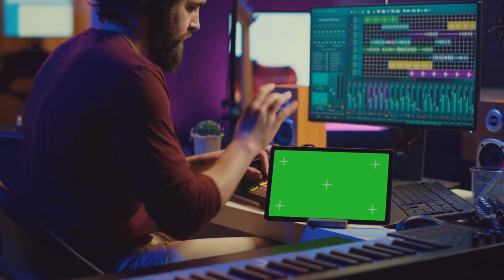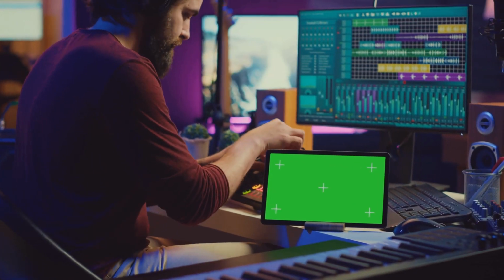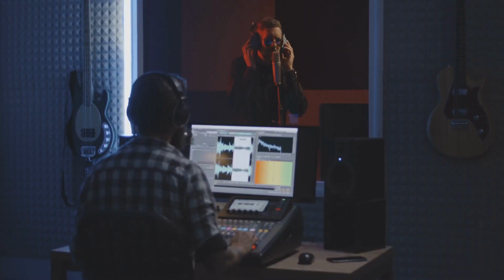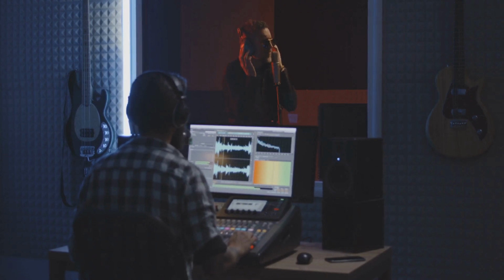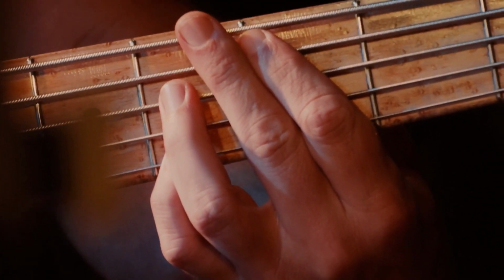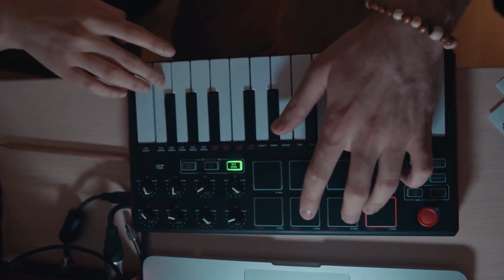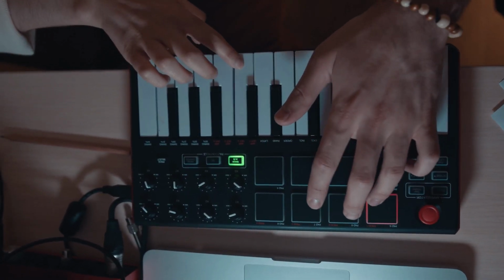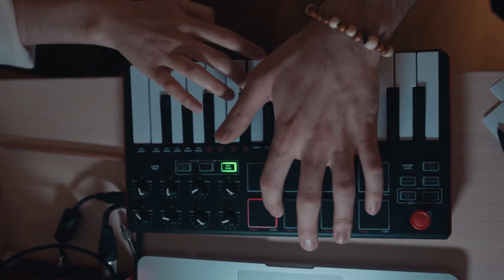Another effective technique is to gradually introduce or remove instruments. For example, as the verse builds towards the chorus, you might slowly add layers of synths or backing vocals, creating a sense of growing intensity. And don't underestimate the power of simple key changes. By shifting the tonal center of the music, even subtly, you can create a sense of movement and progression that keeps the listener engaged.